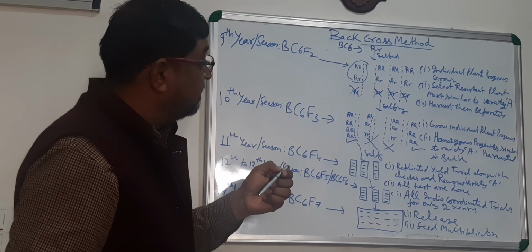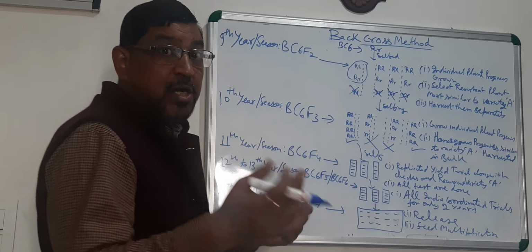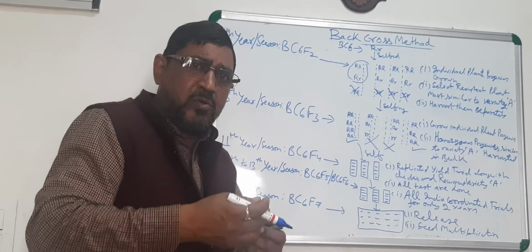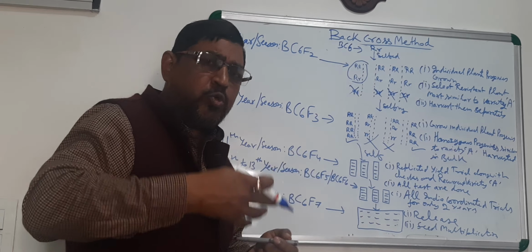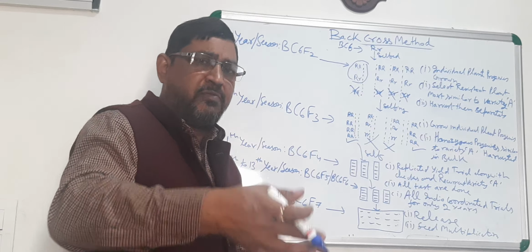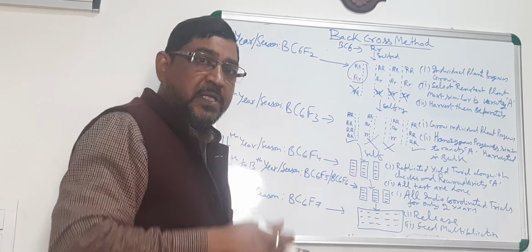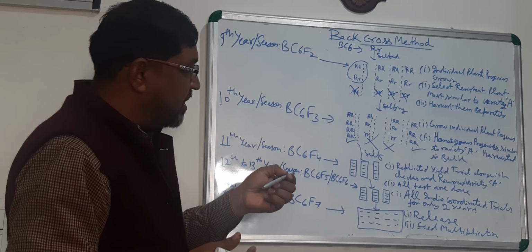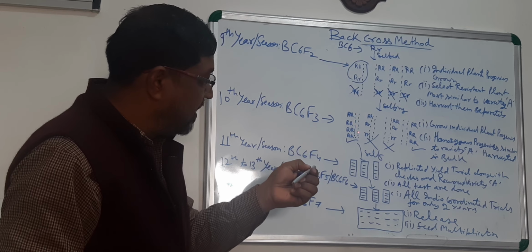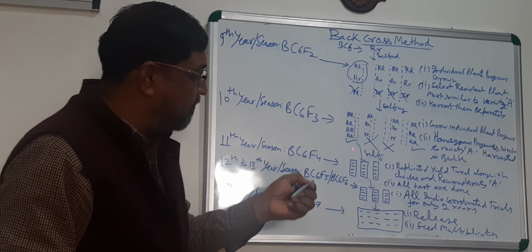Once you are selfing, as you do not know which plant you have selected, whether capital R capital R or capital R small r, try to grow, to understand properly, 2 rows of every plant progeny which you have selected. So if you have grown individual plant progenies here, you may find all the plants in one progeny having capital R.